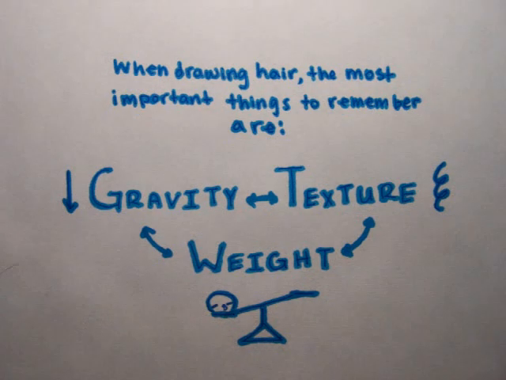And of course, the last thing to consider is the texture of the hair. This is something that I notice people often forget to think about when designing hair. For example, let's think about afros. They can stick straight up from the head and defy what we know about gravity. This is because the texture of this type of hair is much lighter than that of straighter hair, making it not as affected by gravity.